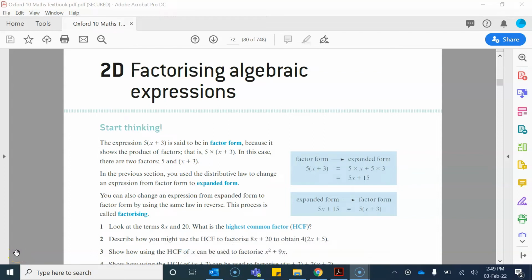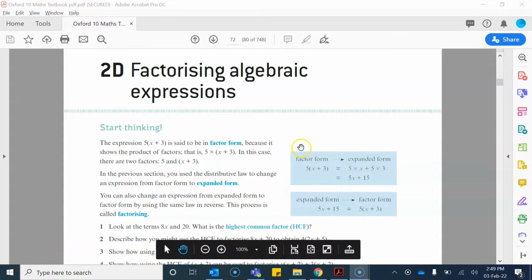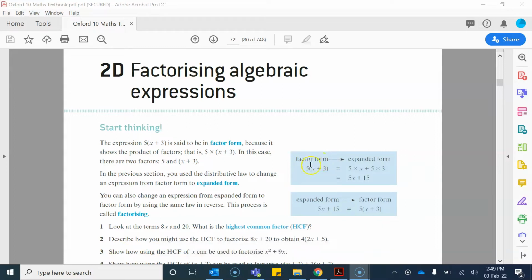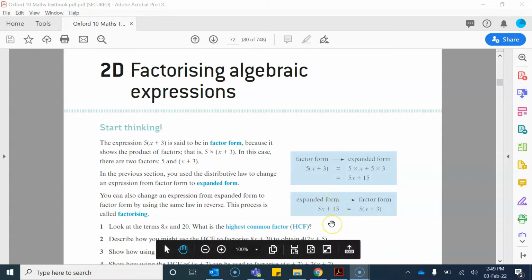Factorising algebraic expressions. Up until now, we've been looking at expressions in factor form, that is, they include brackets, and we've been trying to remove the brackets by expanding. Now, when we're factorising, we're doing the opposite process. So we have something in expanded form, and we're looking for common factors and highest common factors to write these